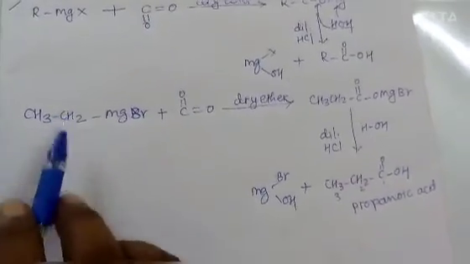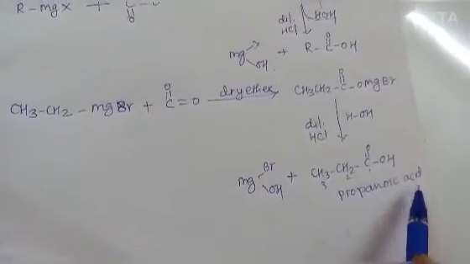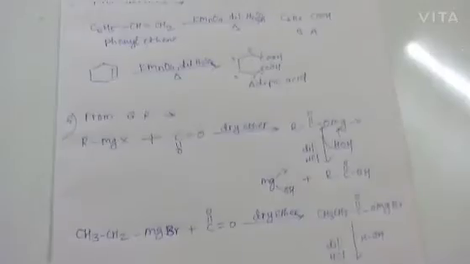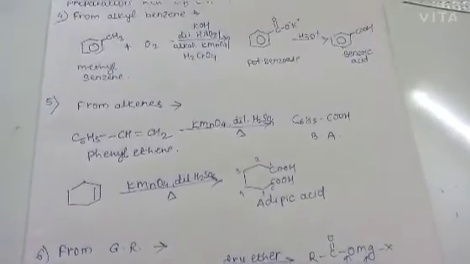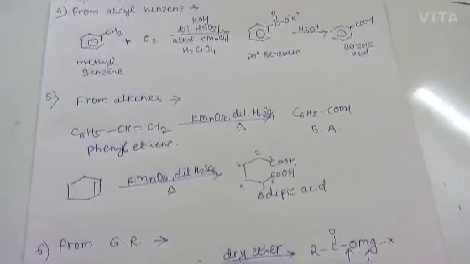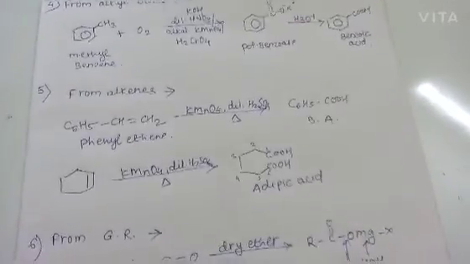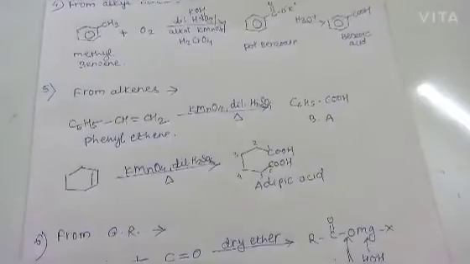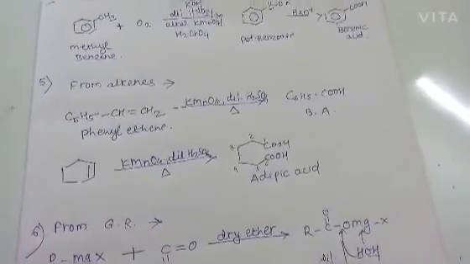Okay, this is the example we have seen of the Grignard reagent. From Grignard reagent also we can prepare the carboxylic acid. These three reactions we have seen one by one. So note down these reactions in your notebook with the statement. Okay, and solve one example of each reaction on your own.